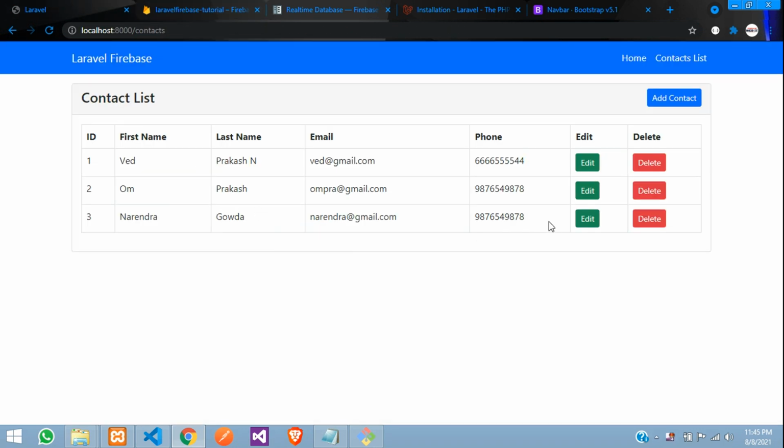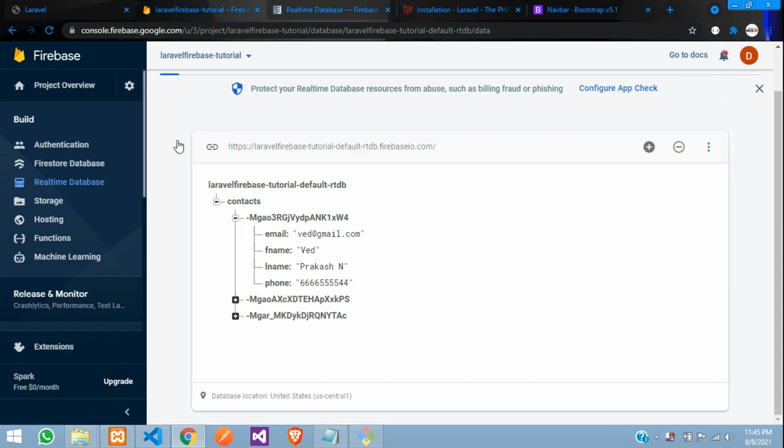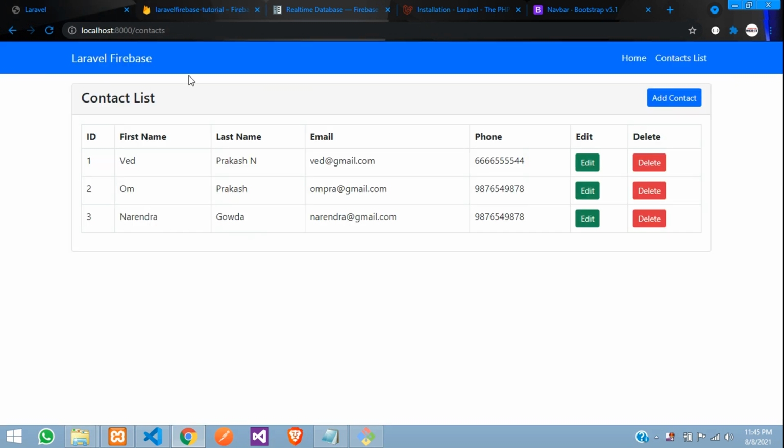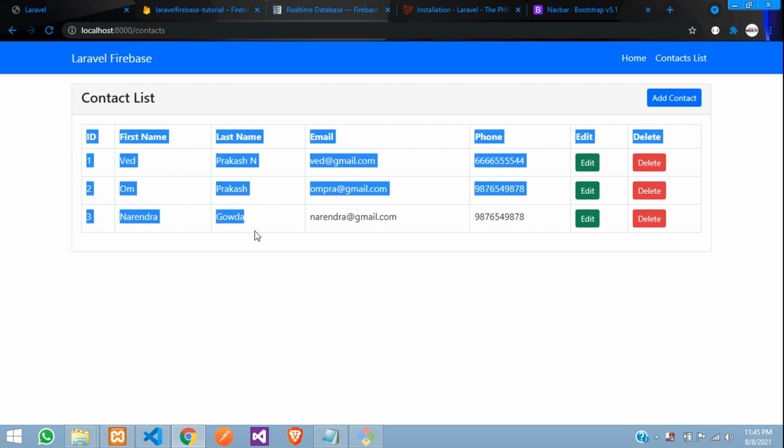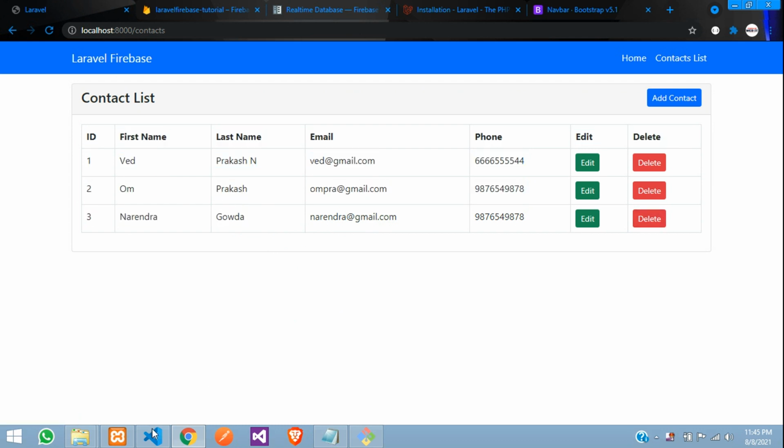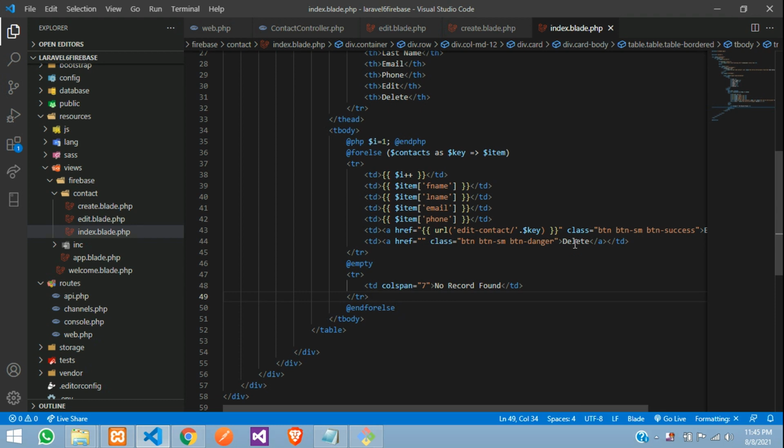And now guys, in this we'll be deleting the data. So we are going to delete a specific record from our real-time database using PHP Firebase. So guys, let's get started. So first let's move to this table at this delete button. Let's get back and here is the delete button, guys, and this is our a tag,